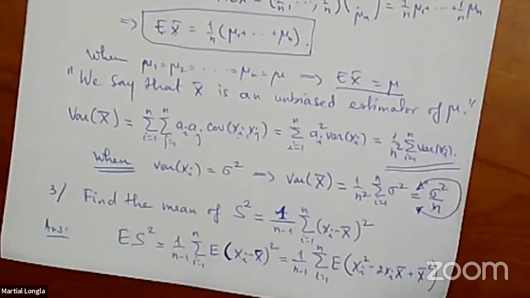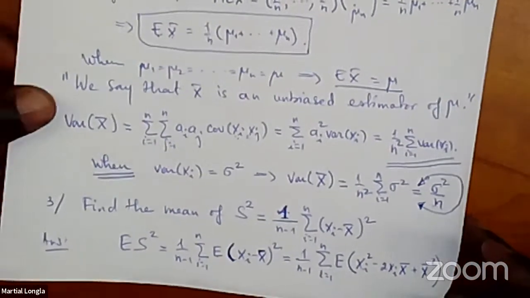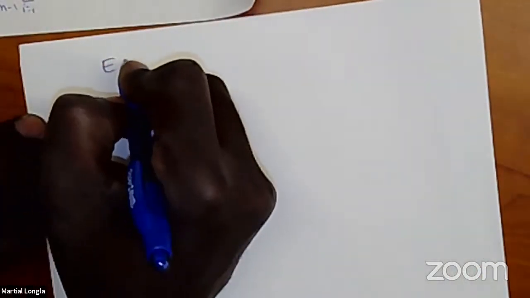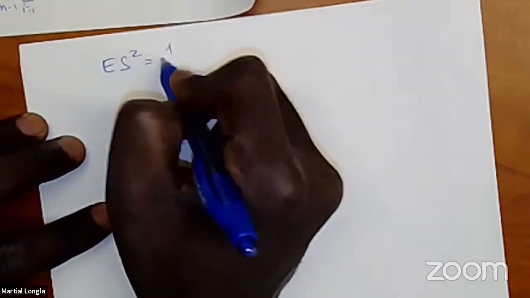What next? You move the expected value linearly. Correct. We move the expected value linearly inside, and that becomes